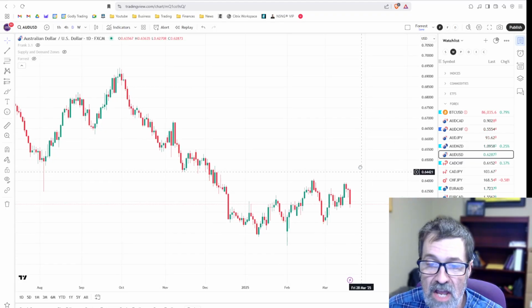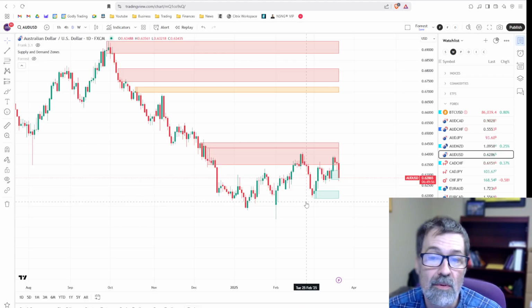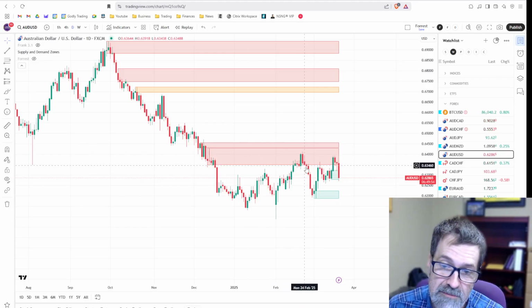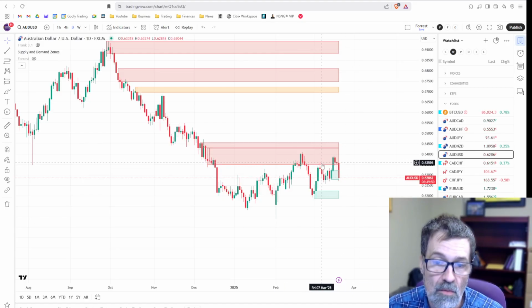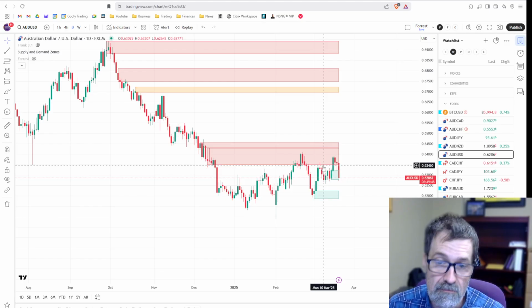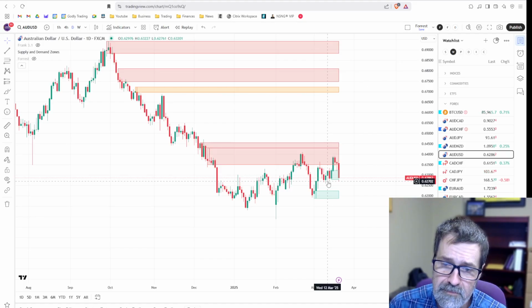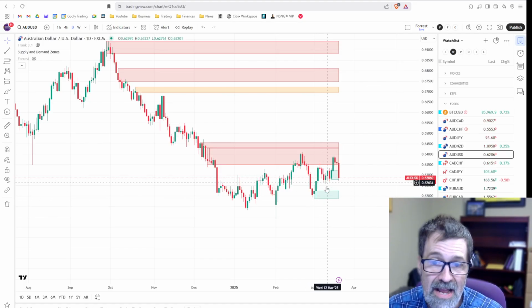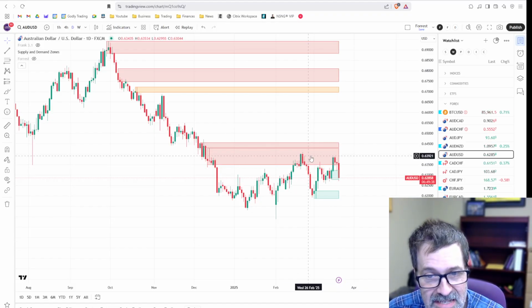So if I was to say, what would I do here? Well, let me turn on my supply and demand zone tool. First thing I would have done was when I saw price bounce off here, I would have shorted at this demand zone to say, wait, no, next time it gets here, let's see what happens. And sure enough, price fell away. Now, it did not fall away as far, which tells me there's still a lot of buying pressure here. Now we penetrated up again, but we didn't penetrate up as high as this was.